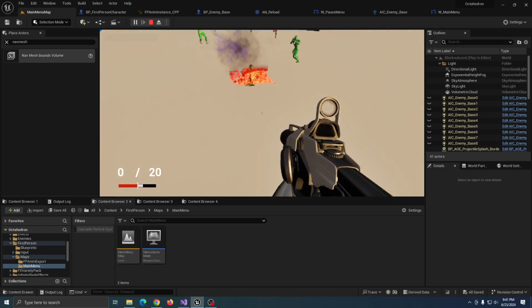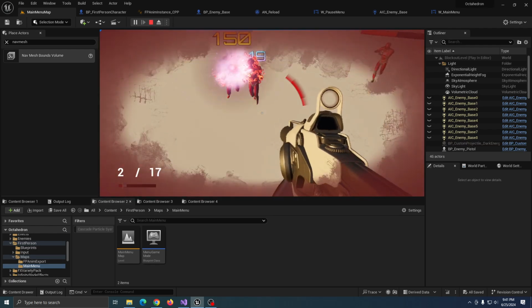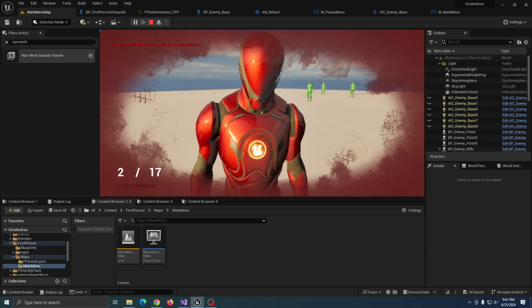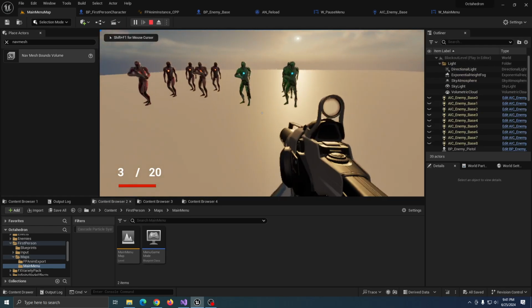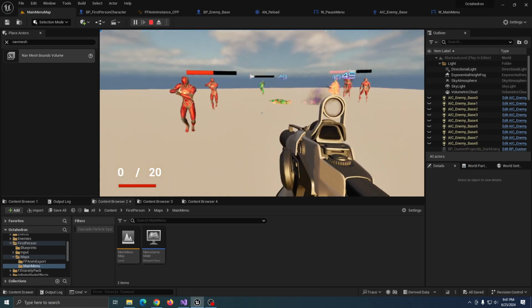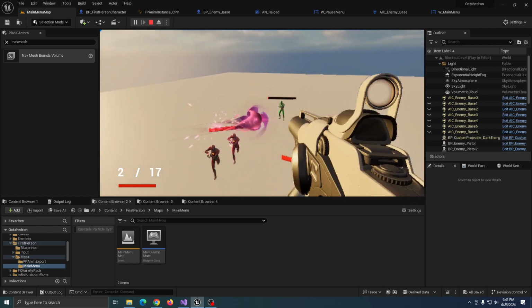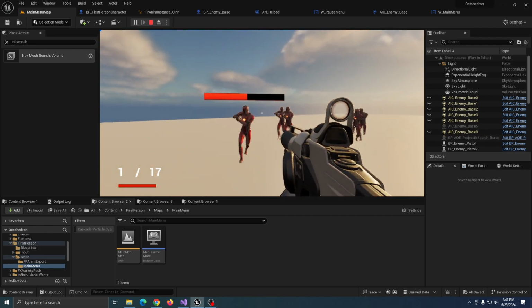Okay. So we have AI and oh my god. Yeah, they have aimbot, so this is not gonna be fun. Okay. Alright, the green one, they're all dead, so